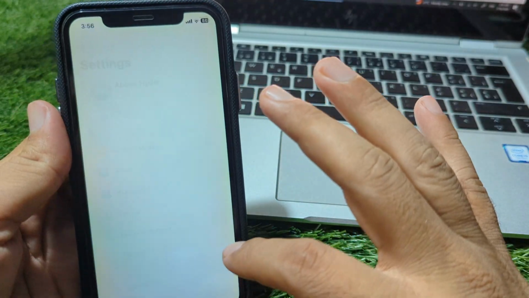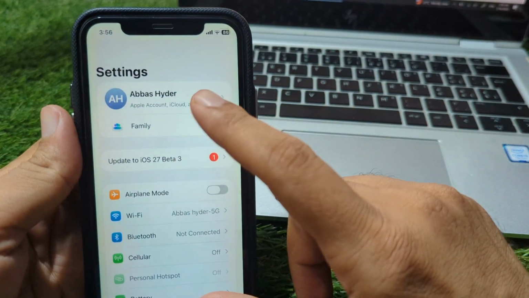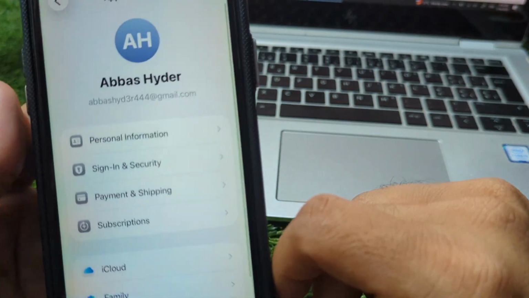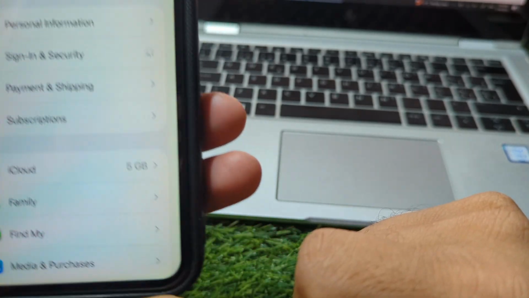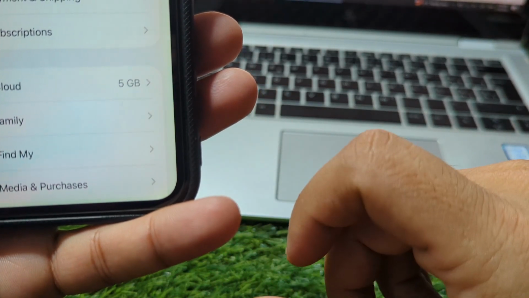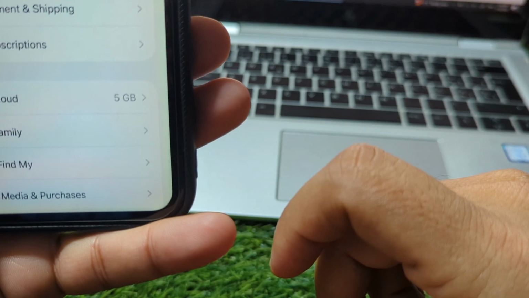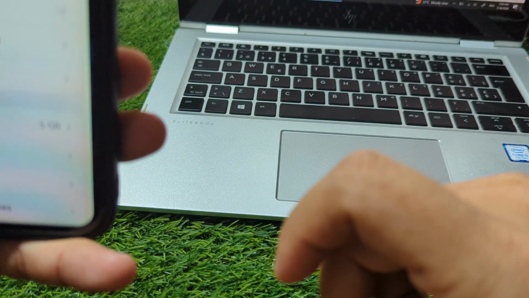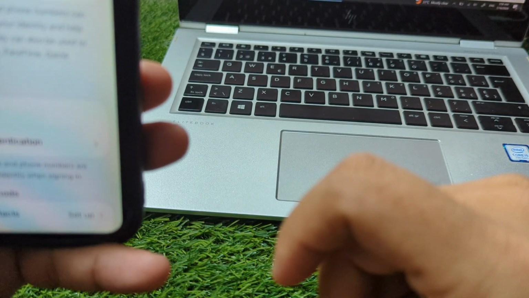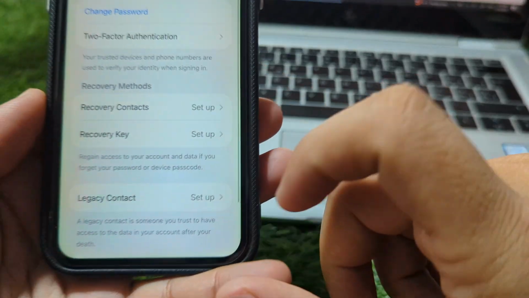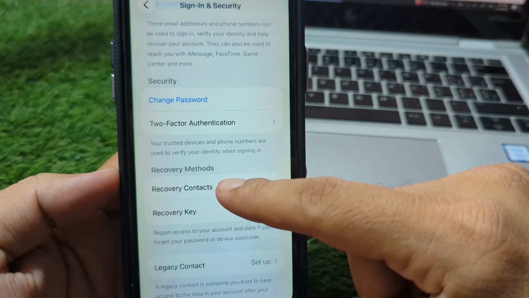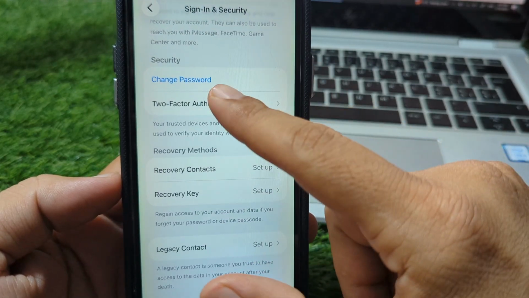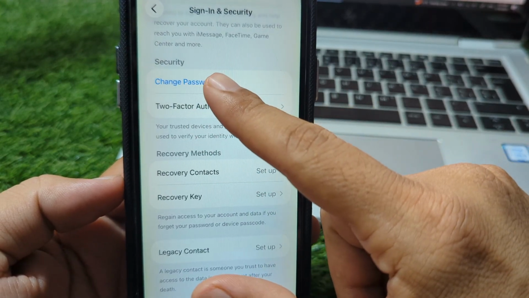So guys, first of all, open settings on your device, and then you have to go to your profile, and then you have to simply go to sign in and security, and wait here for some seconds. And now you will see the change password option here. So guys, you have to simply scroll below and you will see the change password option. You have to simply tap on this,